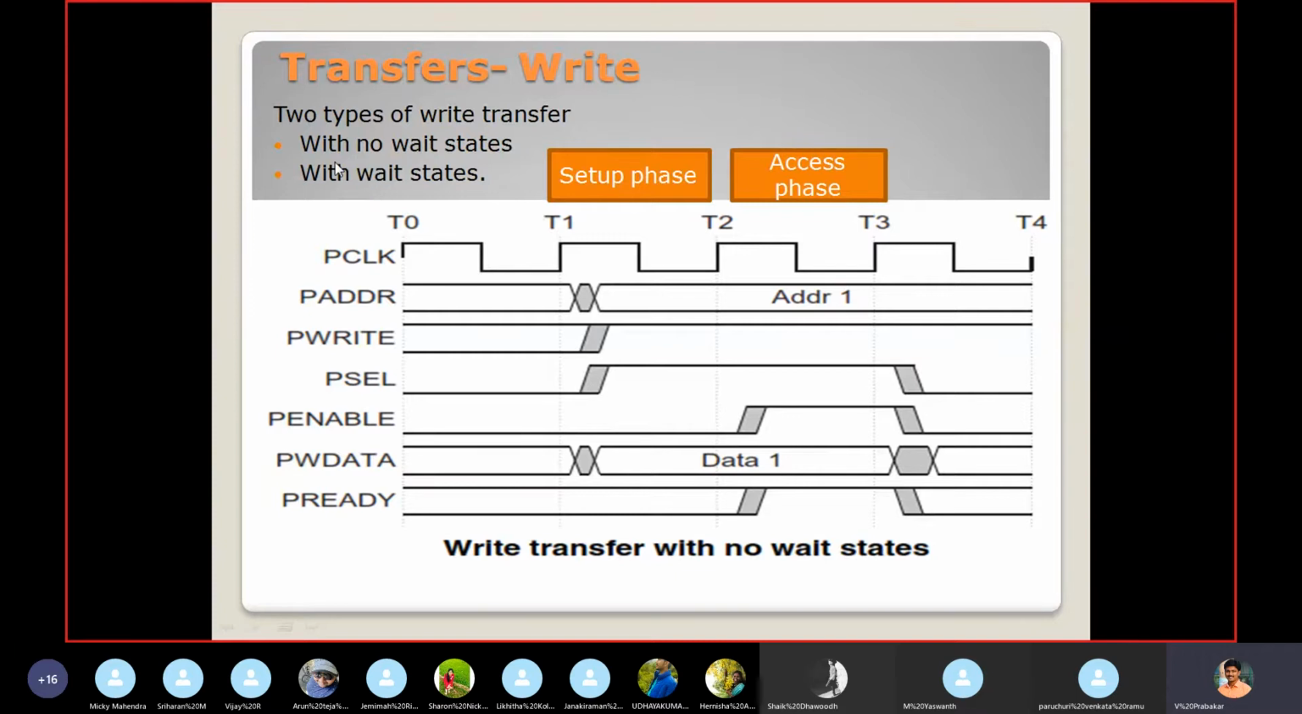So now, this is without wait. Here we are not waiting for anything, right? When PENABLE is 1, at the time PREADY is 1, so we perfectly complete the write operation. So when we need to wait,